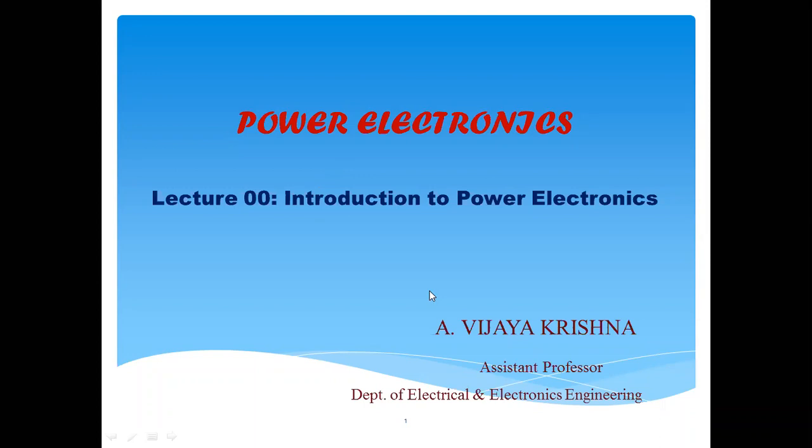Here, about electronics, we know the diodes, and also we know the transistors. These are the components we discussed in previous semesters, whatever it may be. These components are used for switching purposes, these diodes and also the transistors. If we divide those two switches, a diode and a transistor, there are controlled and also uncontrolled devices.